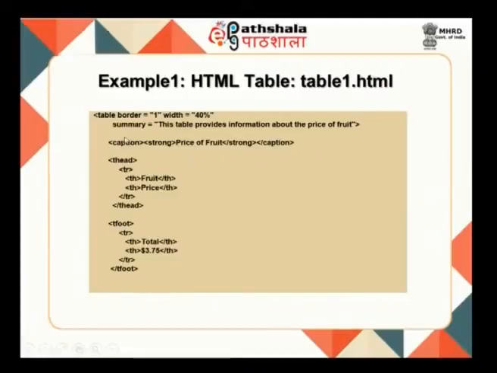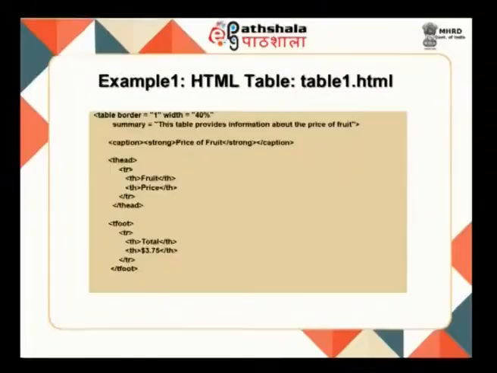And then here you can see that the table has a caption. The price of fruit is the caption for the table, and within this caption you have a tag called strong. This is to format the text in bold, and then you have a T head tag. This is to give the header, placing fruit and price as header elements for your table, and then T foot is the tag for specifying the foot of the table, that is the last element in the table, that is also defined with TH.